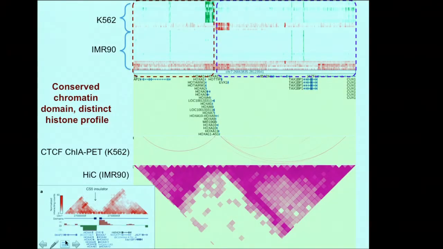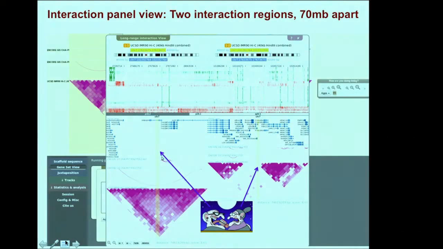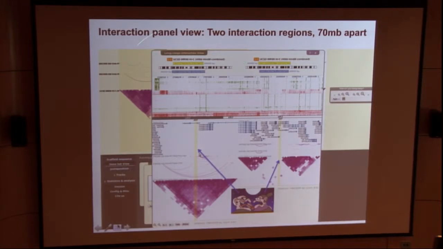Skipping ahead, this is really what we can achieve. We can have multiple panels like this on top of your genome browser, giving you full control of the genomic data, epigenomic data behind that region, and perhaps you can start, as an investigator, to explore why these regions are interacting, right?